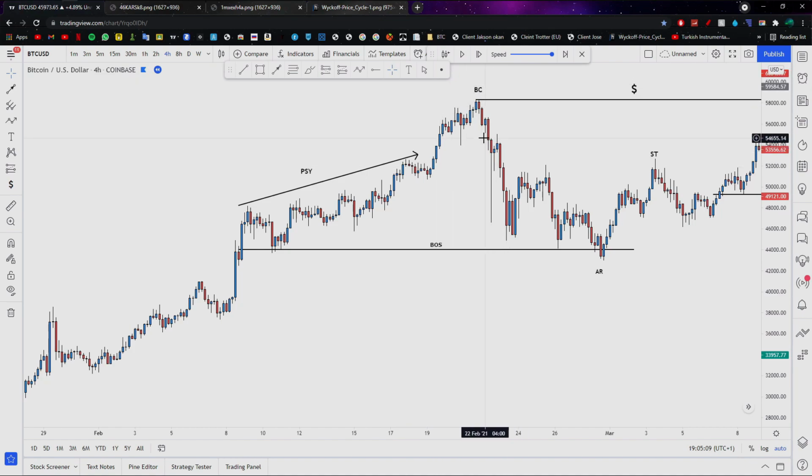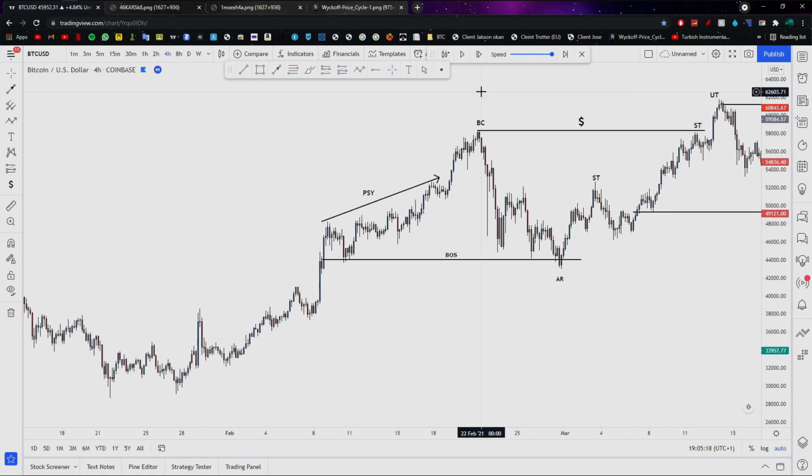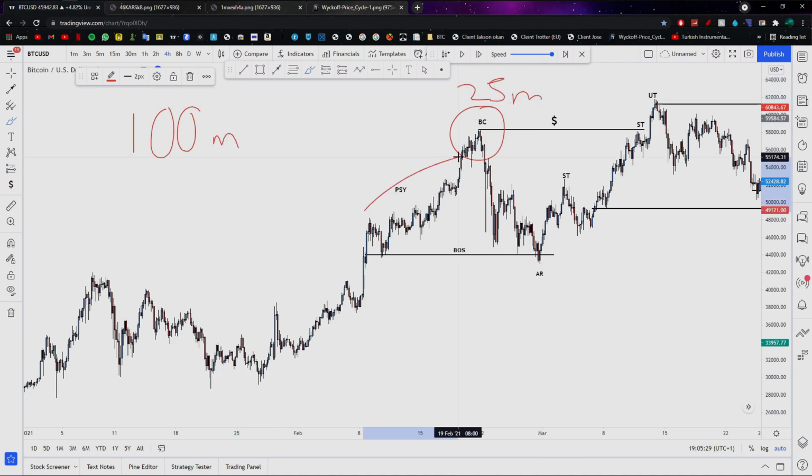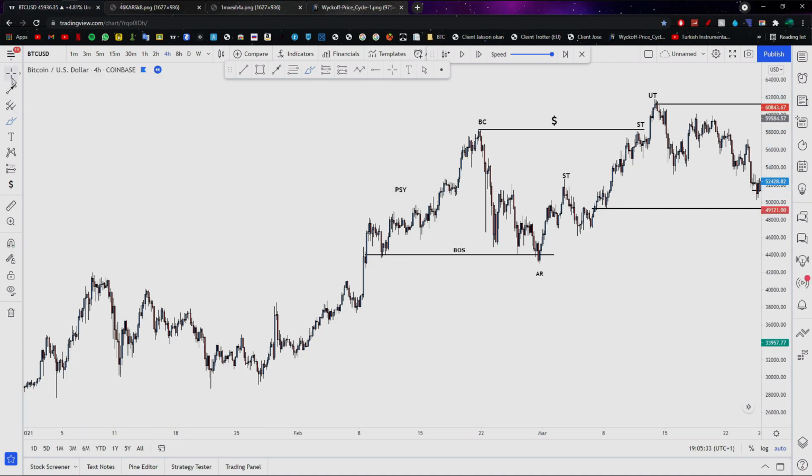Our buyer's climax is when the market breaks out of the consolidation zone, as I've just explained, created by the preliminary supply, and will form a new high in the market, right? And this new high is potentially an area where Smart Money has opened a position. So going back to that example of 100 million, we can assume that Smart Money has opened 25 million here after grabbing this area of liquidity, right? And you constantly see this within a Wyckoff distribution: liquidity being formed, then being broken out of, and Smart Money will open a position there.